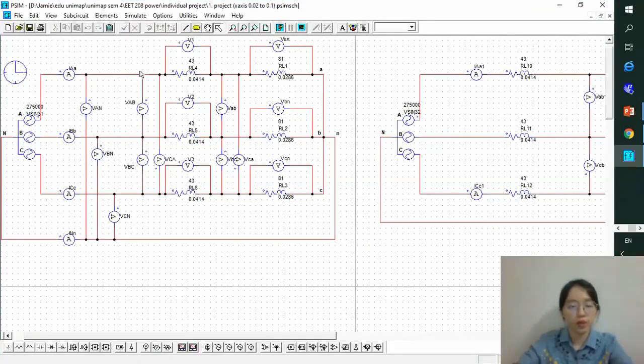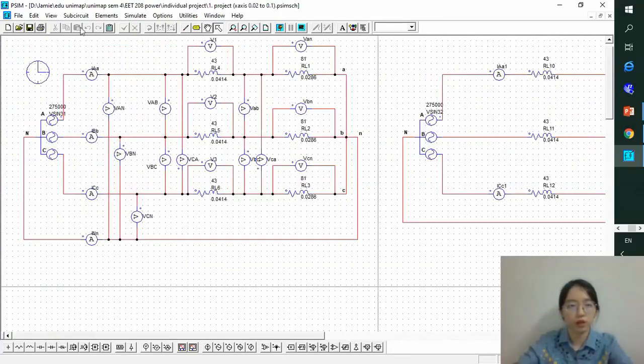This is what our circuit looks like. This is for the normal parameter, and this is for the 2 wattmeter. So we need to draw it and then put the simulation control so that we can run the simulations. And we run the simulations,